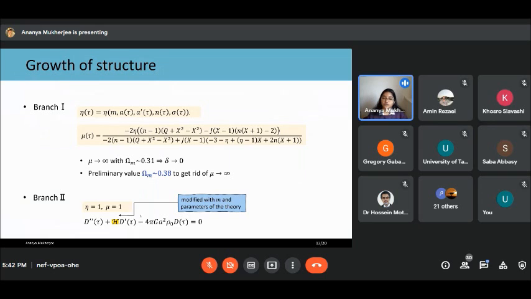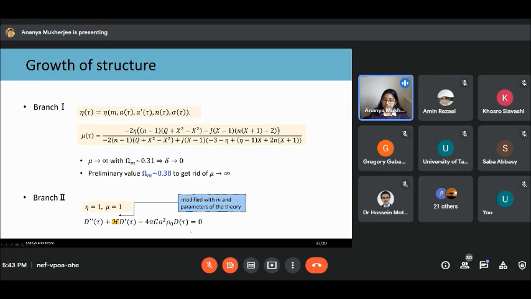So we have found mu to be diverging with the matter density estimate from lambda CDM. This could potentially mean the over density going to zero. So for our preliminary analysis, we have slightly increased the value for the matter content to get rid of the divergences. For branch 2, however, we found mu and eta to be 1,